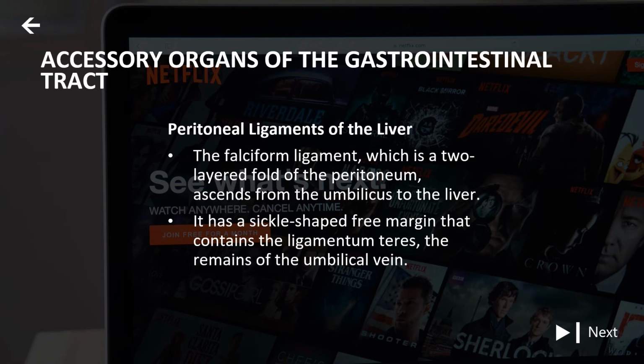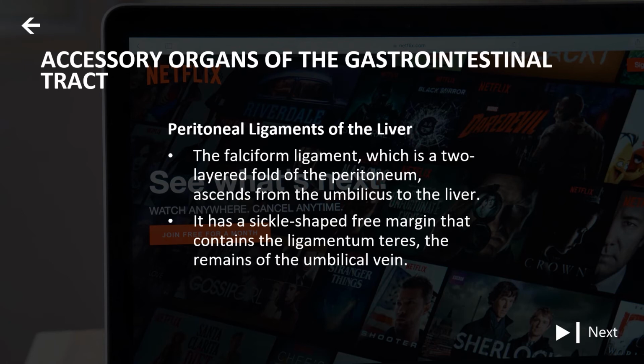The falciform ligament, which is a two-layered fold of the peritoneum, extends from the umbilicus to the liver. It has a sickle-shaped free margin that contains the ligamentum teres, the remains of the umbilical vein. The falciform ligament passes into the anterior and then the superior surfaces of the liver, and then it splits into